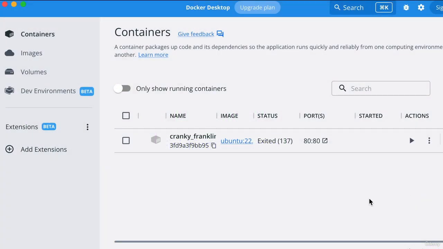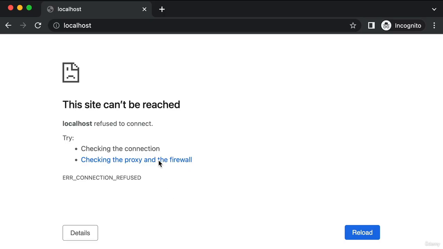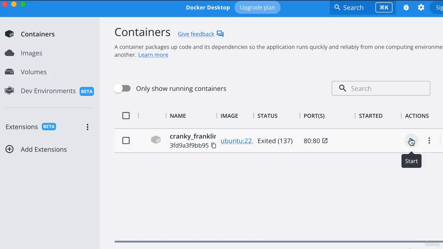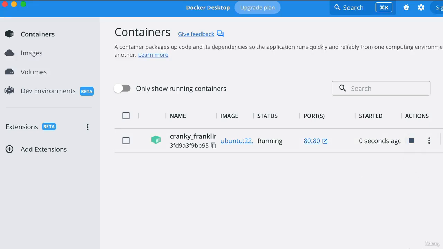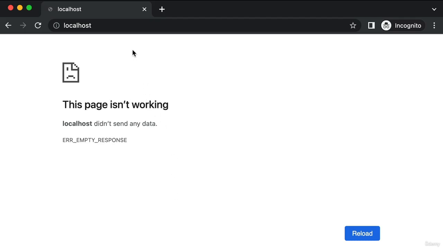So from Docker Desktop, you can see that I've stopped that container. From the container screen, you can click the Start button to start it, or assuming it's running, obviously you can click the Stop button to stop it. But what I want to show you right now is that let me go ahead and stop it and then start it up again. So right now it's currently stopped, and if I tried to visit localhost in my browser, it doesn't work, right? However, even if I start the container, I'm still not able to visit localhost in the